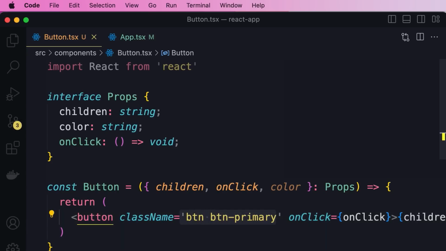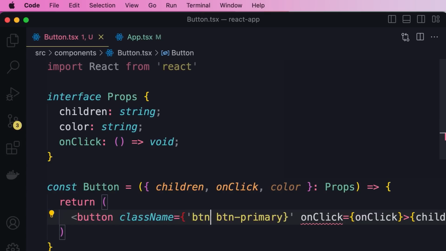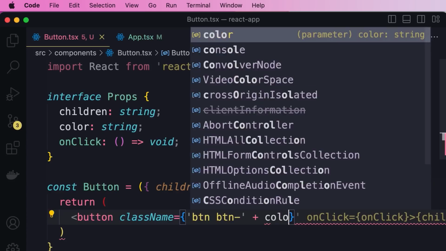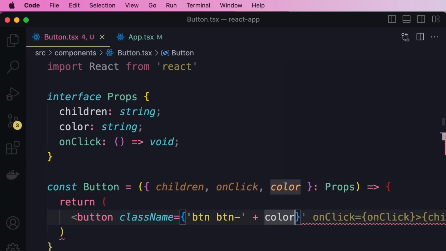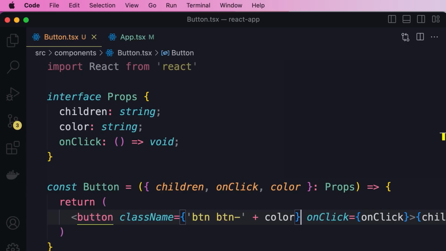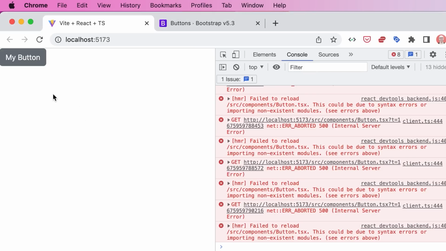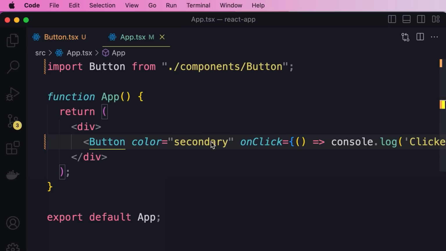So we wrap the quotes in braces. We terminate our string here, and then append the color right after. Okay. We have a compilation error because this quotation mark is unnecessary. Good. Now, in our app component, we have set the color to secondary. Let's see if it's working. Good. If we change it to primary,